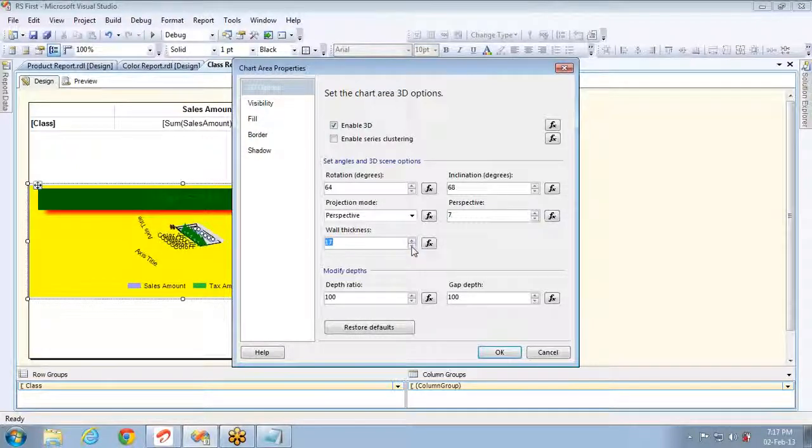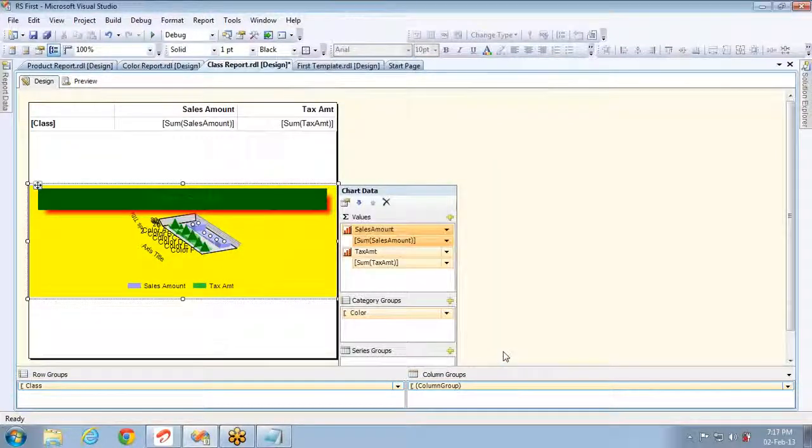I mean, all these properties are not meant to be used in every report. It depends. If your user has given a specific requirement, then you need to know what all options are available in the charts. And we have seen almost all the available properties in the charts in SSRS reports. So try to practice and try to apply each and every property.